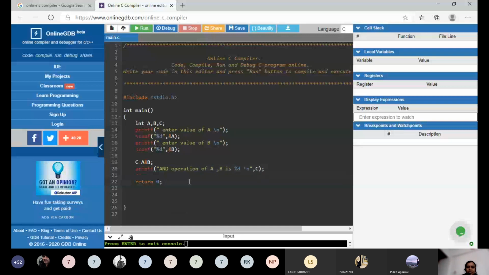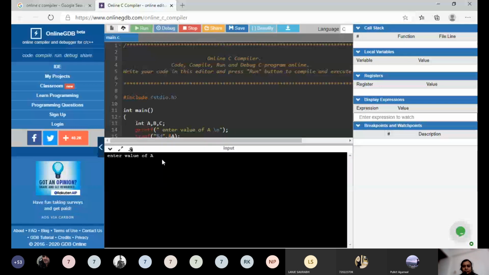So we have seen in the PPT, if I take 4 and 5, the answer is 4. Now we are getting the AND operation of a and b is 4.